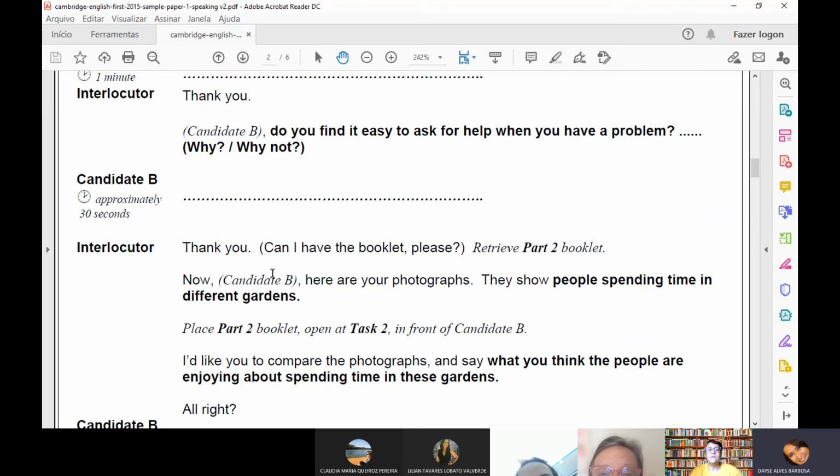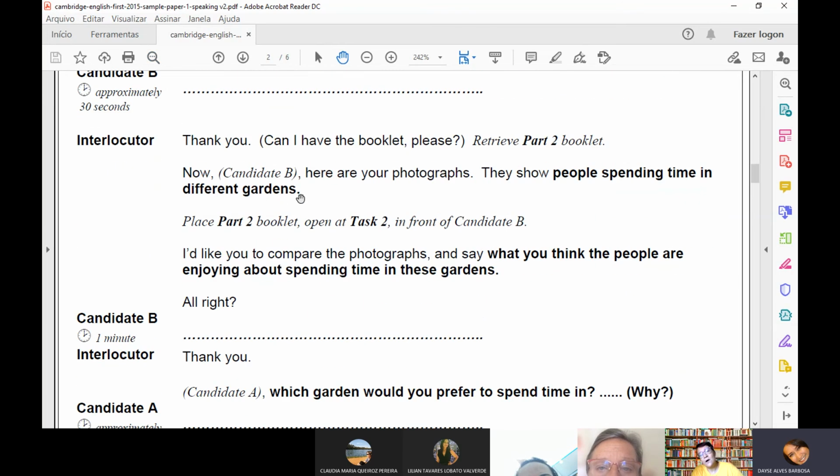And then he or she retrieves part 2. Now, João, here are your photographs. They show people spending time in different gardens. So we hand it in. I'd like you to compare the photographs and say what you think the people are enjoying about spending time in